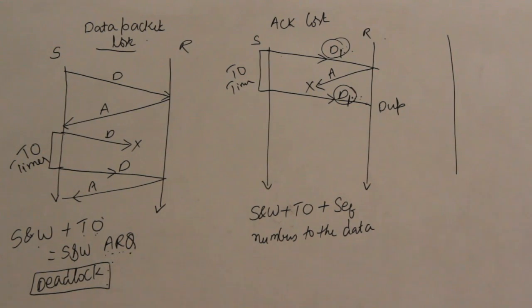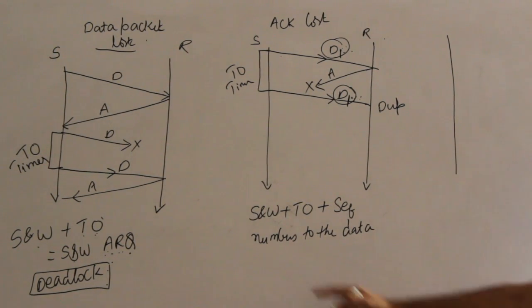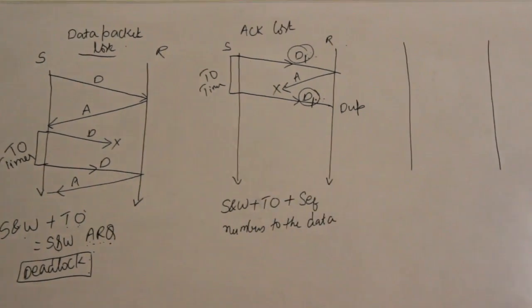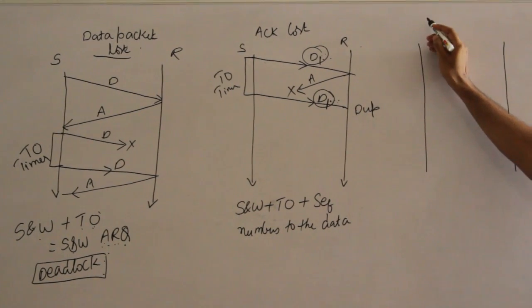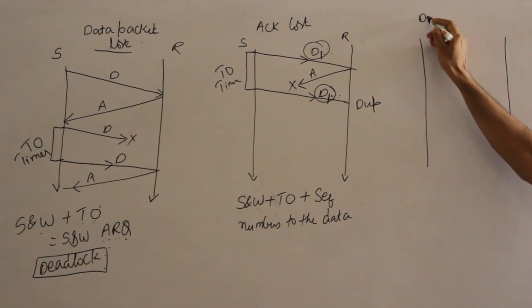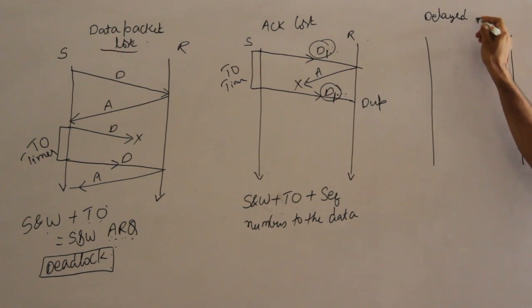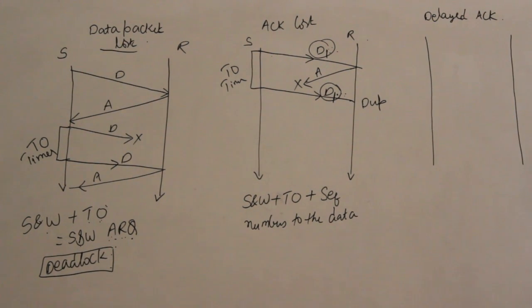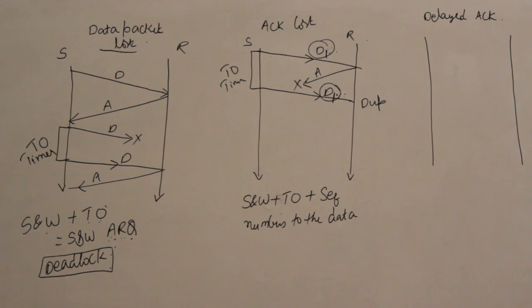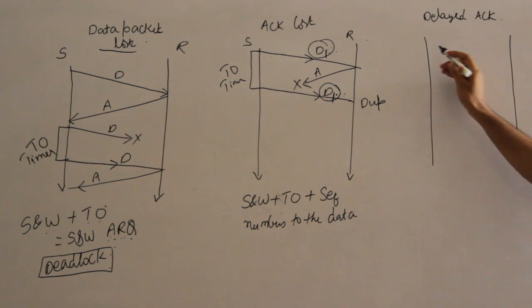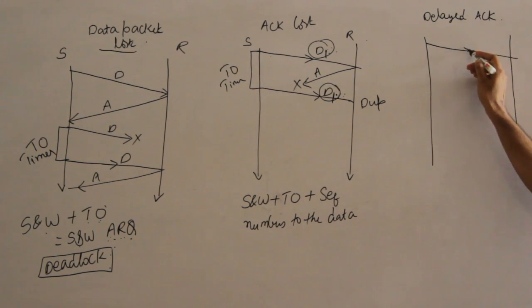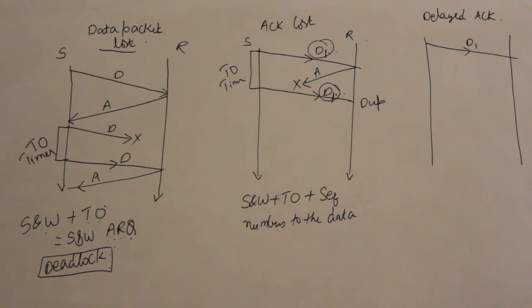And the next one is, so one is the data packet being lost, the other is the acknowledgement being lost. Now the acknowledgement is delayed, which means we are sending the acknowledgement but then it is delayed. I'll explain. You see this, let us say data packet D1 is being sent with the packet number also D1, and now the acknowledgement is being transmitted, but the acknowledgement is late. It is not lost, but it is late.